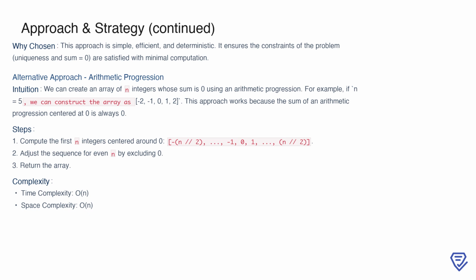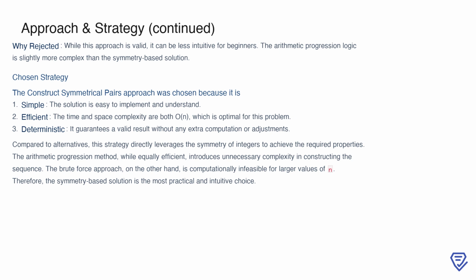While this approach also has a time and space complexity of O(n), the construction process is less intuitive compared to the symmetry-based method. Ultimately, the symmetry-based approach was chosen for its clarity and practicality. It's simple to implement, easy to understand, and guarantees a valid result without requiring any additional adjustments or complexity. The arithmetic progression method, while equally efficient, introduces unnecessary difficulty in constructing the sequence, which makes it less approachable, especially